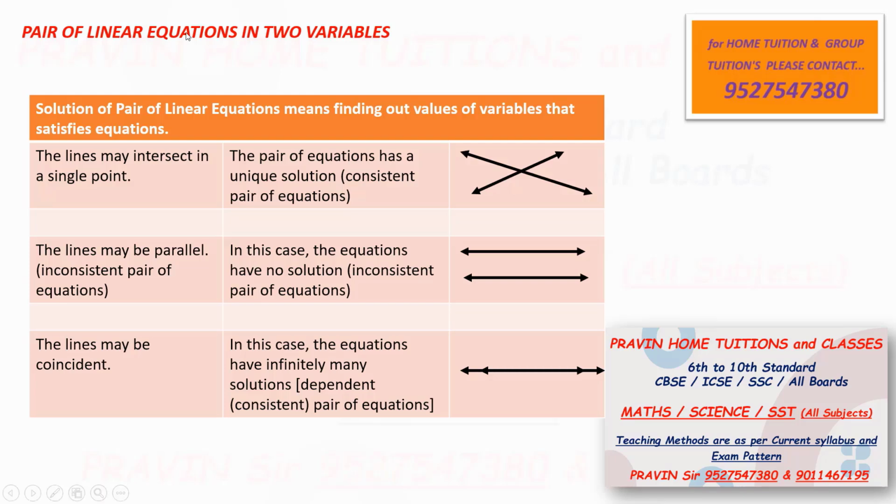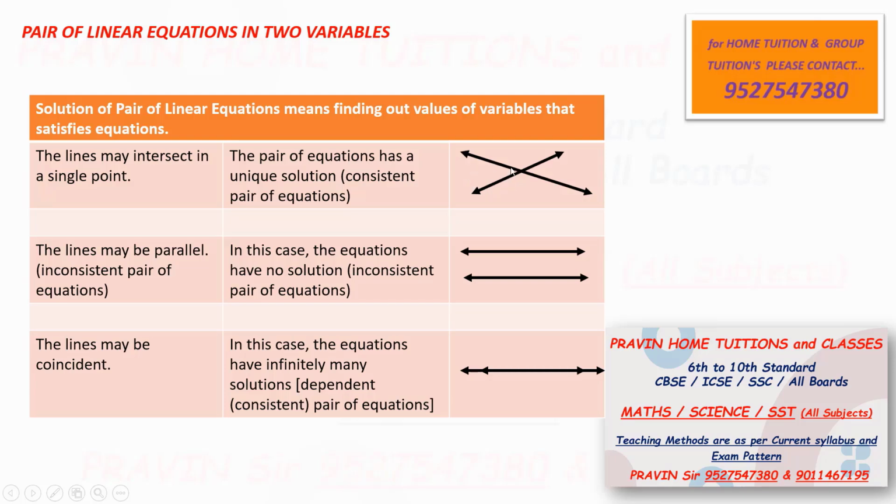Now, first case. First case is the lines may be intersecting. Two lines may be intersecting. So, intersecting means like this. They meet at one point. This is line 1. This is line 2. They meet at a single point. So now, if this type of situation is there, we can say